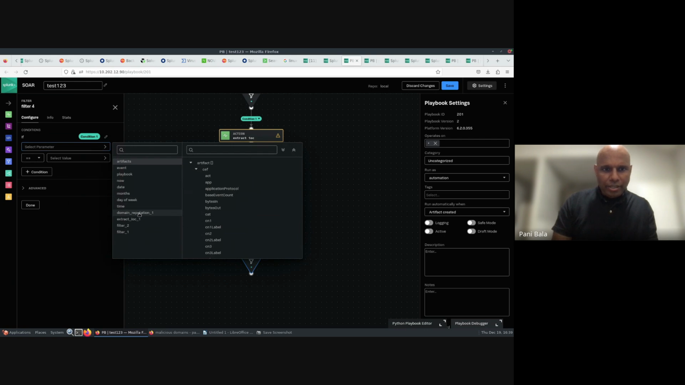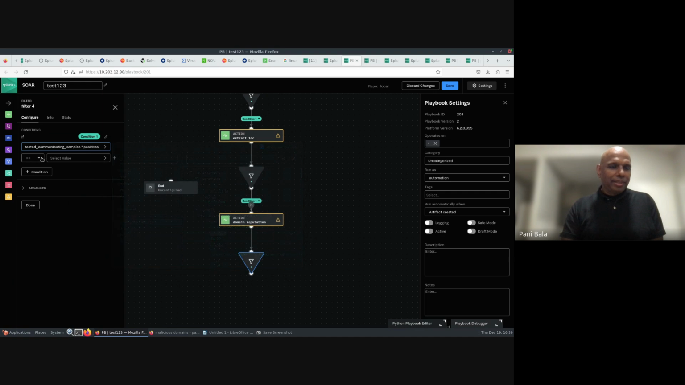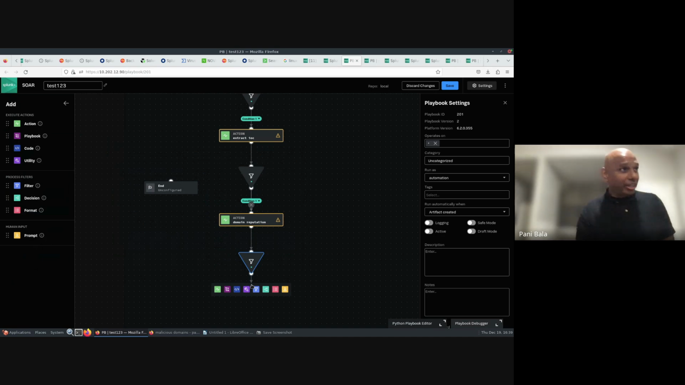The domain reputation will pre-populate the previous action, and I should be able to do it. For example, I can say here, domain reputation, I want to check the positives. If any of the domains that has a positive value is greater than 50, then I want to take that one and go ahead and create a ServiceNow ticket or